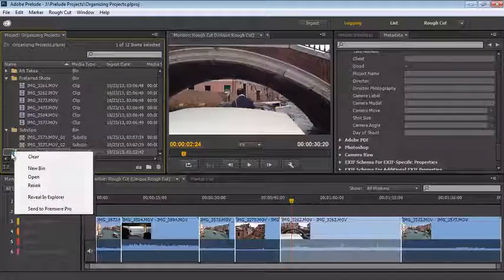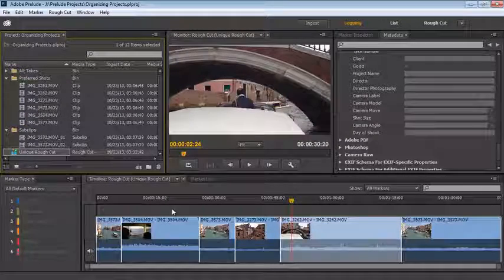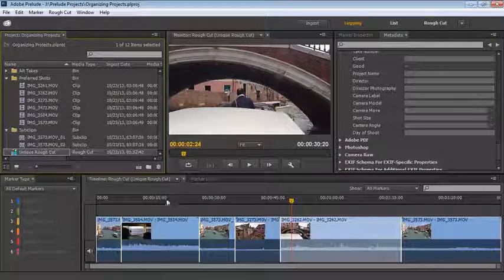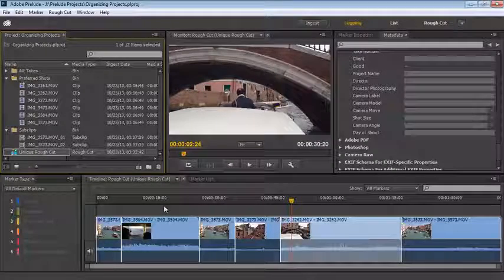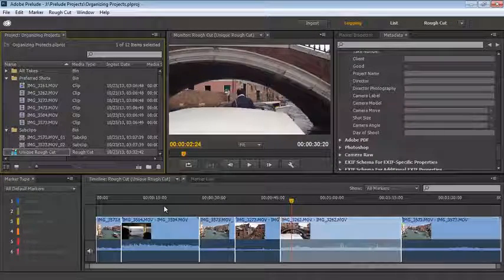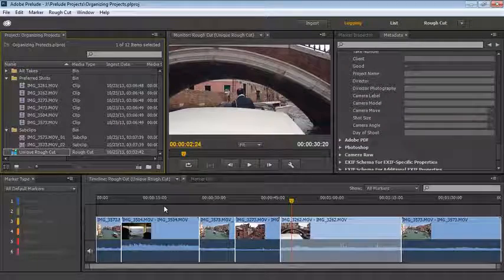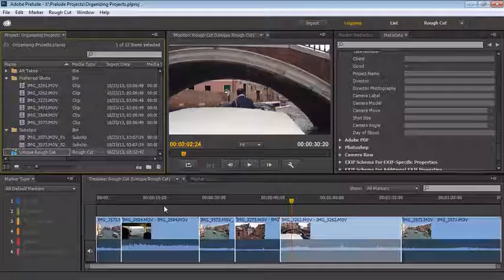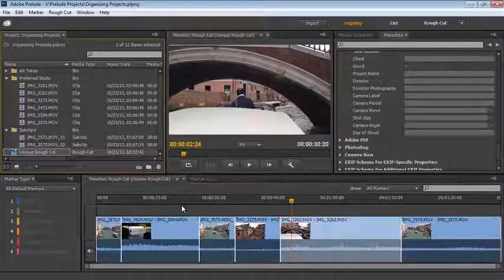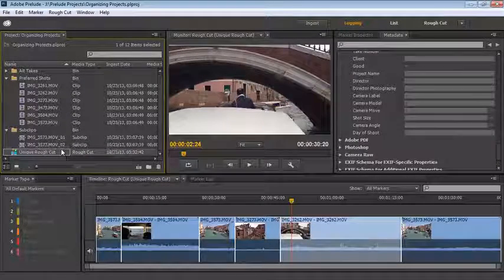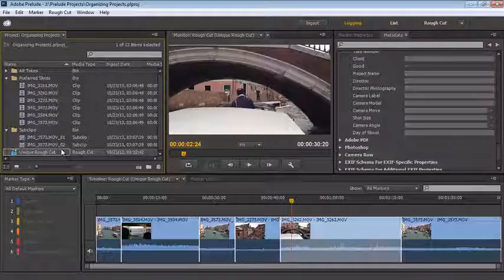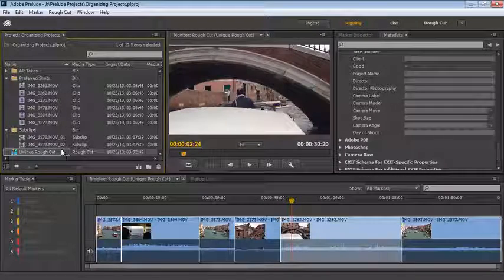So it's a very efficient workflow to prepare your media inside of Adobe Prelude and then send the work you've done already over into Premiere Pro for your fine finishing and I suppose your proper cutting of your program. So it's a very efficient workflow for you to begin working in Adobe Prelude and then send it over to Premiere Pro to do some serious work with it and some fine finishing.